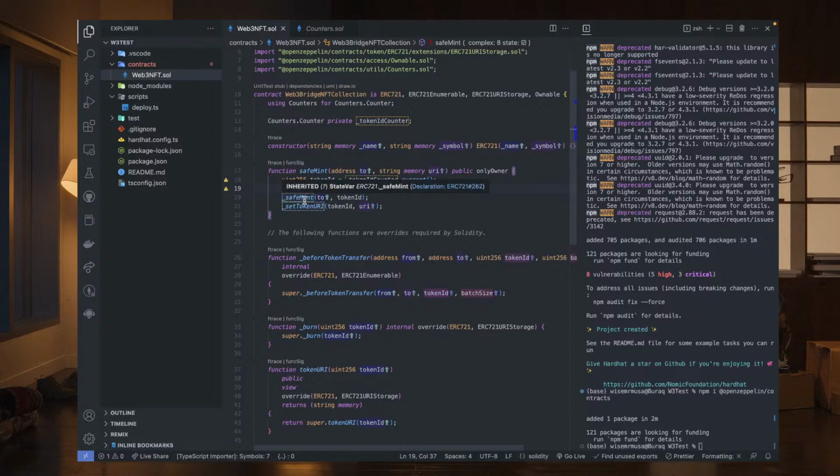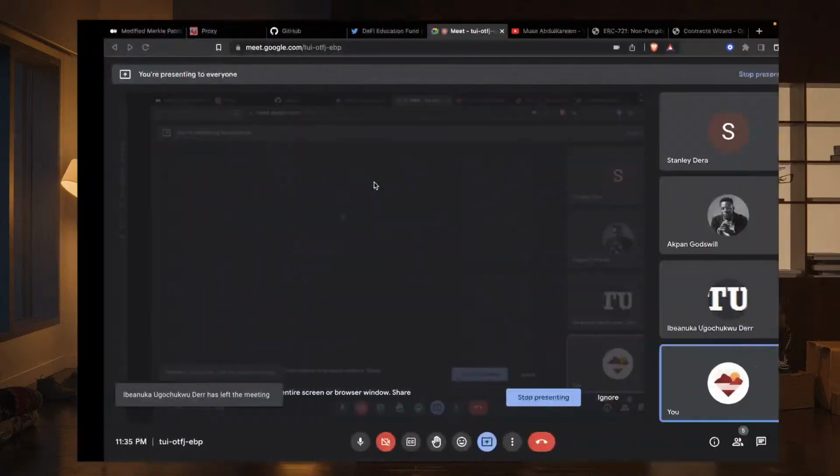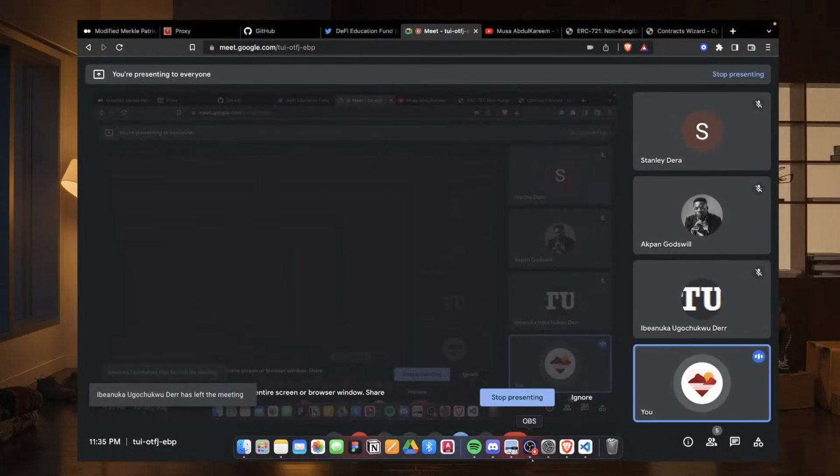Now in this case, it's going to mint it to the address that we provide and the token ID that we have. Then it's going to set the token URI to the token ID that we've set here and the URI. Now if you should read the question, you'd realize that in the question we were told,